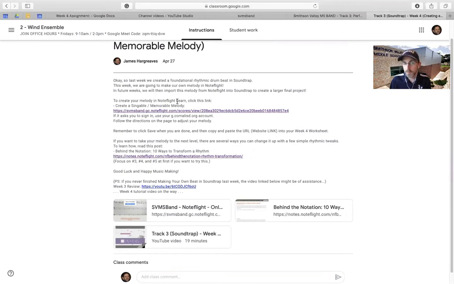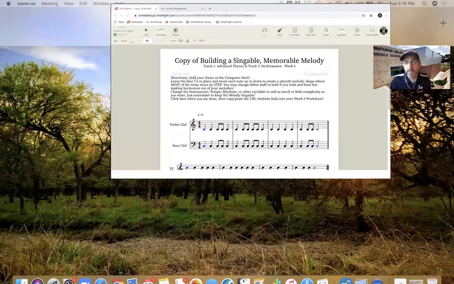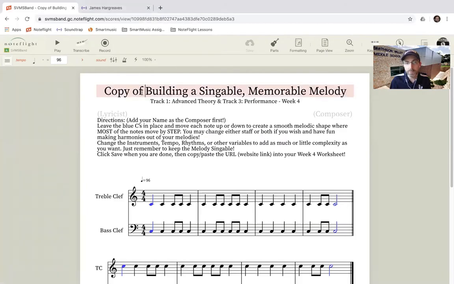So to create your first melody, we're going to click that link. It's going to take you to Noteflight, and you'll get signed in. If you've never used Noteflight before, then you just simply log in with Google and use your school G account. The way you usually log in will be the same, and then you're going to follow the directions on the page to adjust your melody. So let's go to the page. Here's what it looks like. So yours will actually just say,